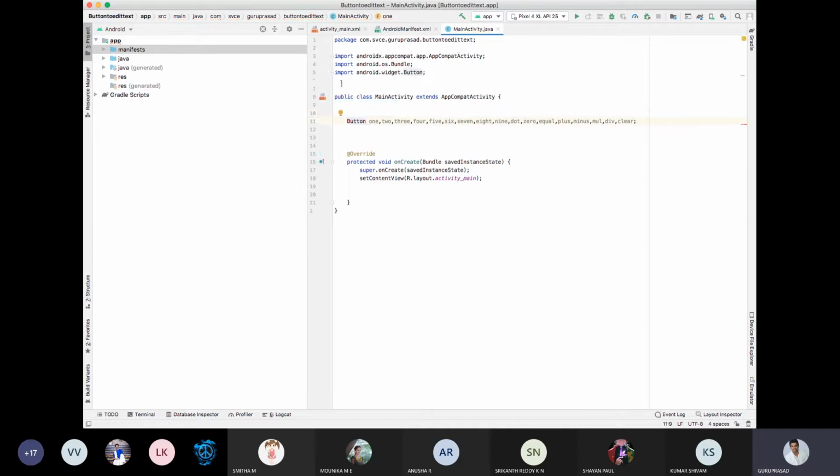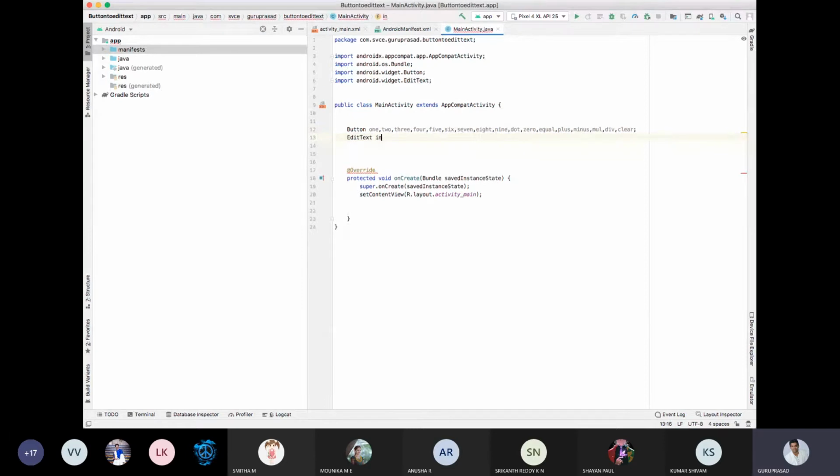Okay. Next, what have I taken? Edit text. So what is that edit text? Edit text, my input. Correct. Next, integrate all the buttons. 1 is equal to the button in XML. Find that ID by